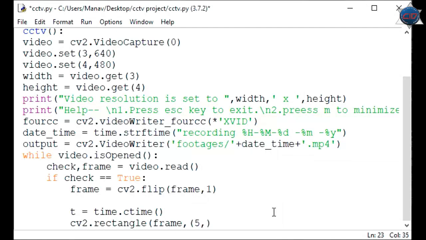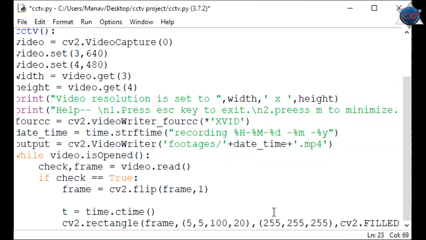I am using 5, 5 as x, y for a starting point, and second is 100 of x and 20 of y. Now time to set the color, so I am naming it with white color, 255, 255, 255. And now I am making it a filled rectangle, so I'll call cv2.FILLED.